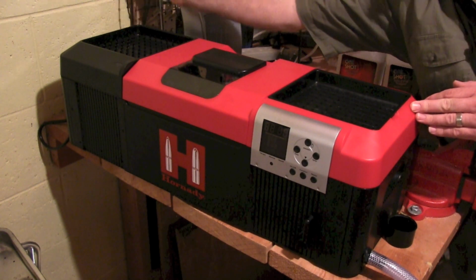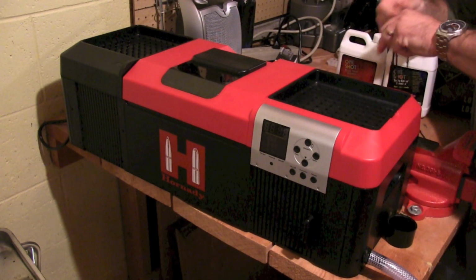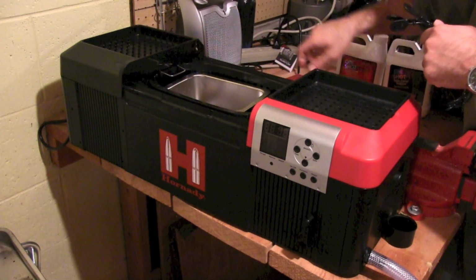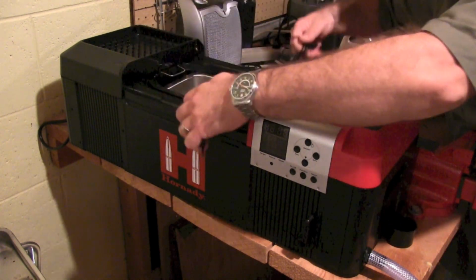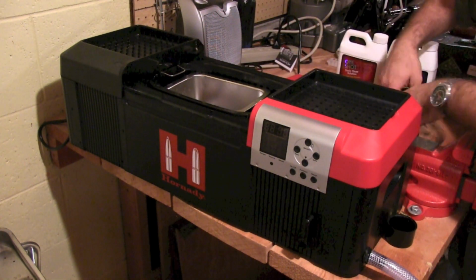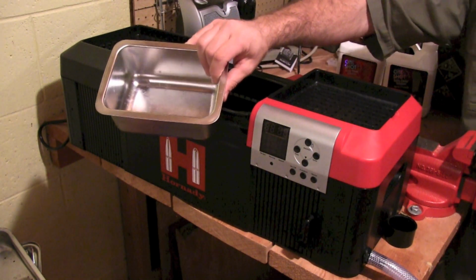And it has these suspension cords right here, and you fit these down in the tank. There's a couple spots right here. You put these in and it suspends your rifle off the bottom, so it kind of maximizes the ultrasonic cleaning of it. It has this parts bin,